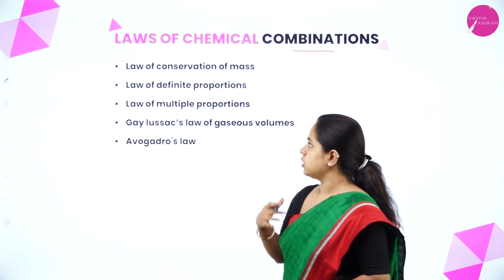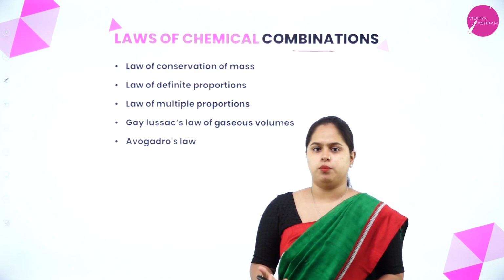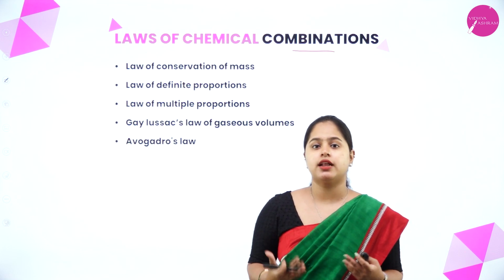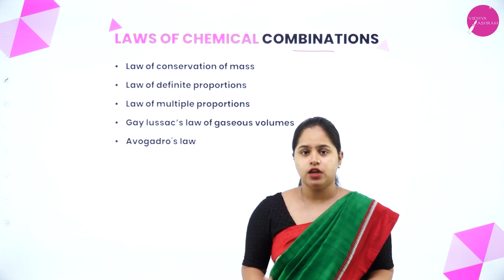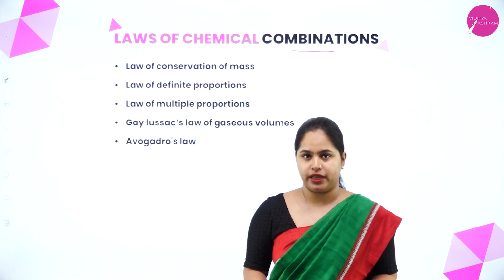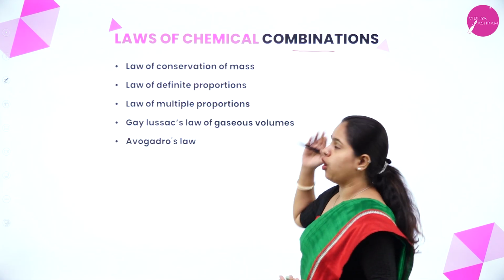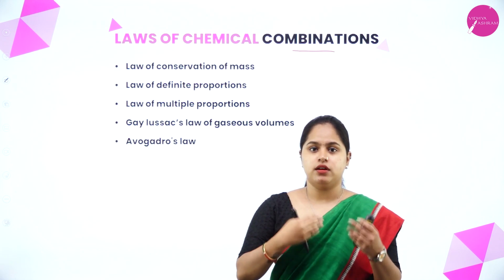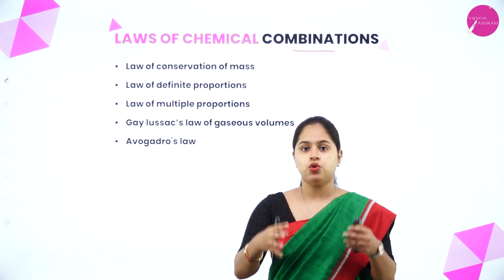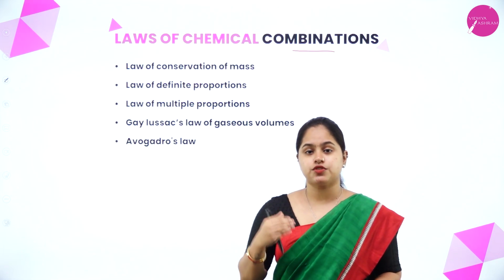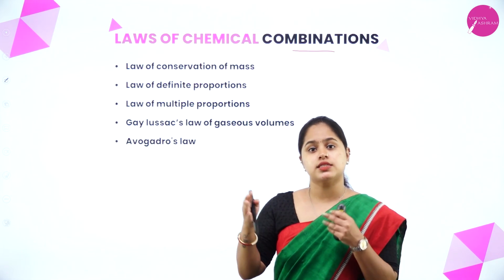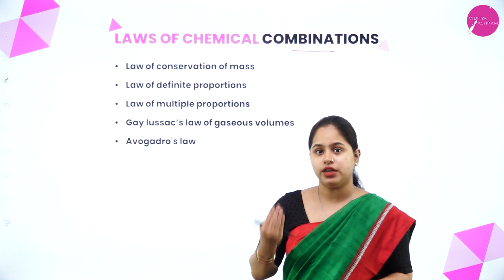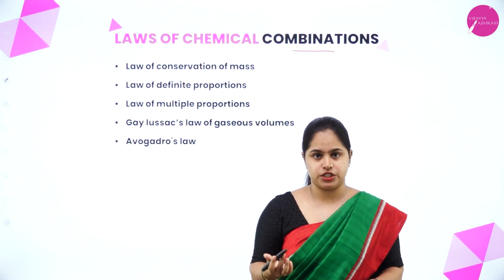So what does this mean? Laws of chemical combination. Why is it necessary? In the study of chemistry, we know that there are chemical reactions taking place. Whatever chemical reactions take place, they have to follow these laws of chemical combinations that we are going to study now. See, let's take the example where you are studying in a school or college where you have to follow certain rules and regulations which are put forward by your school, right? You are supposed to follow those rules and conditions, right? In the same way, the chemical reactions also need to follow these laws of chemical combinations, right?